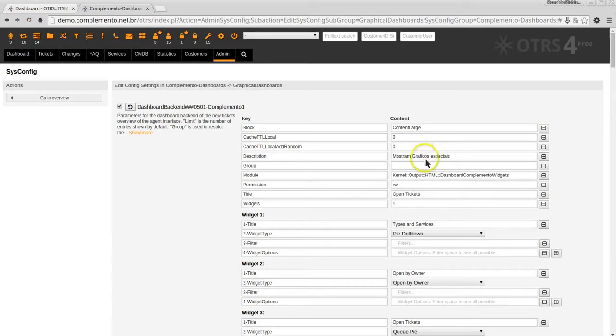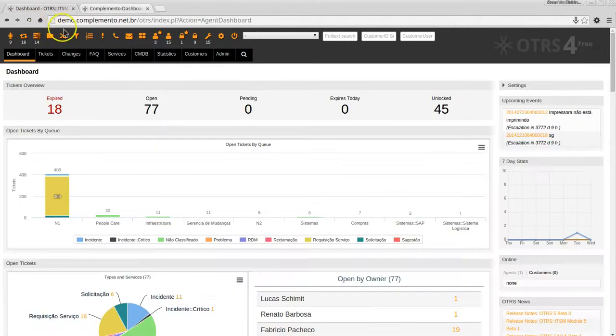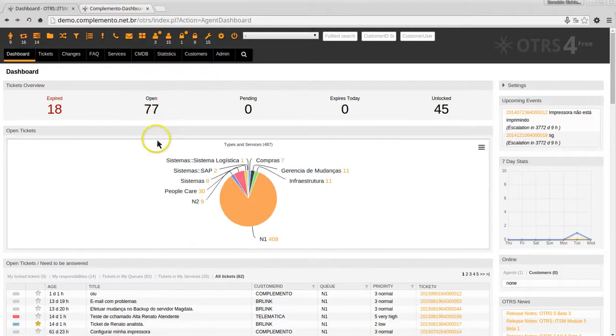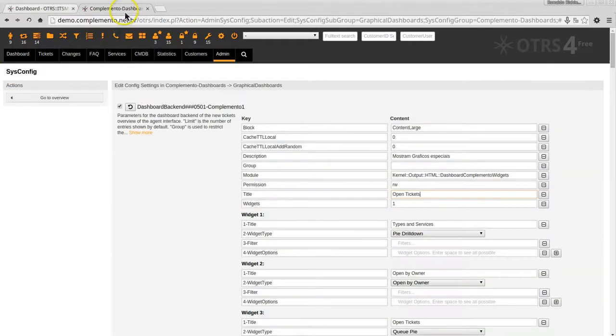Alright, so its title actually is Open Tickets. So let me refresh the screen, and we have here the Open Tickets graphical dashboard. Okay, at this time it has only one widget,